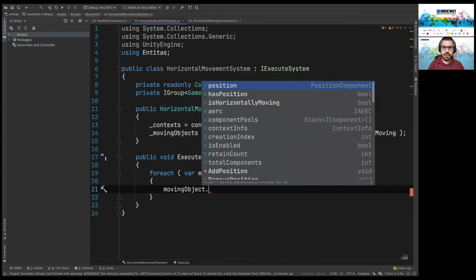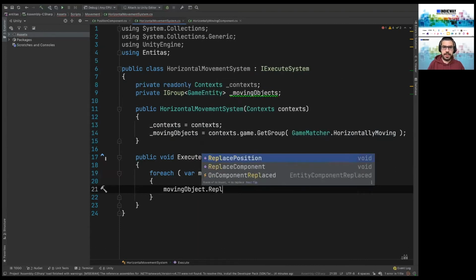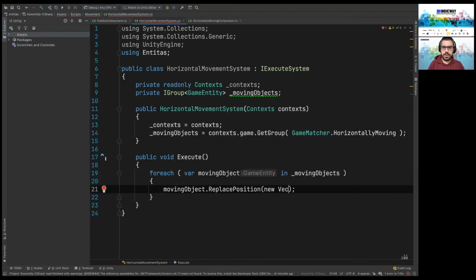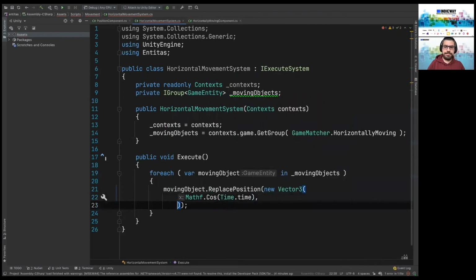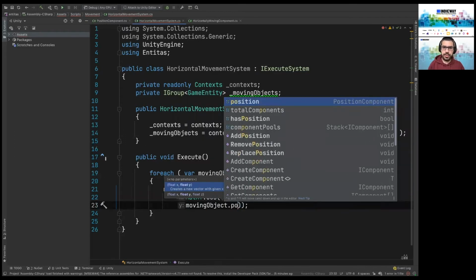Moving objects I have, and let me write them down. Replace position. I want them to move to the right and to the left. Y and Z, I don't want them to change their position, but I want them to move only on X. My tool helped me with the code generation.